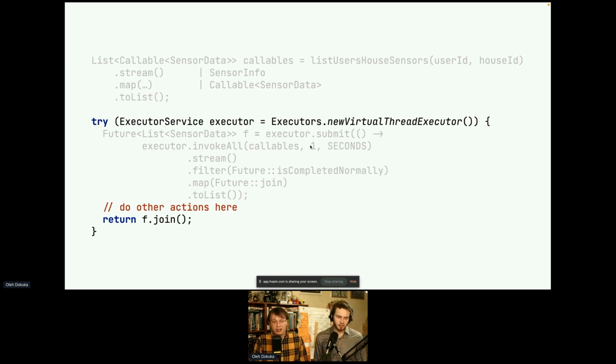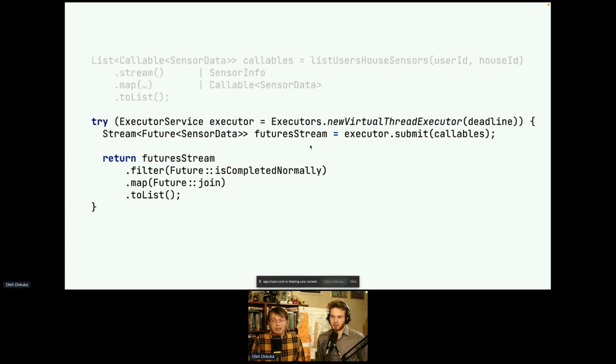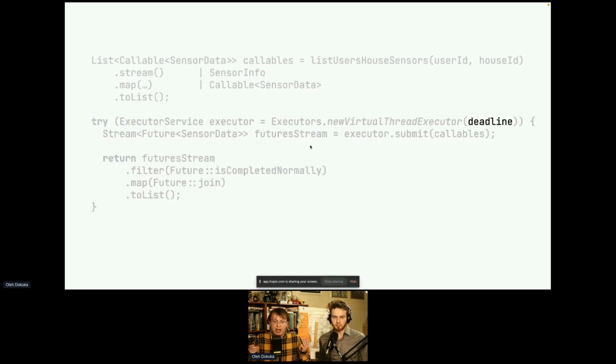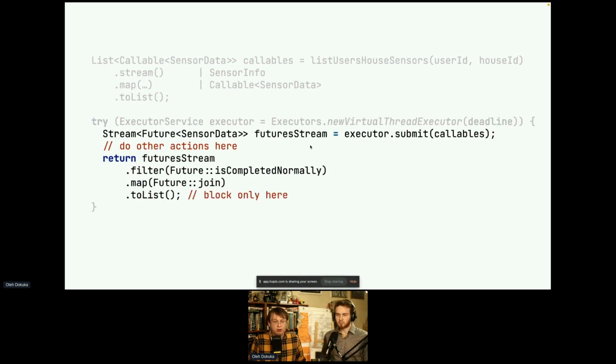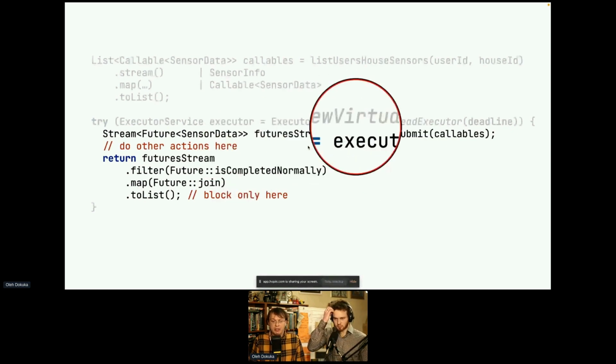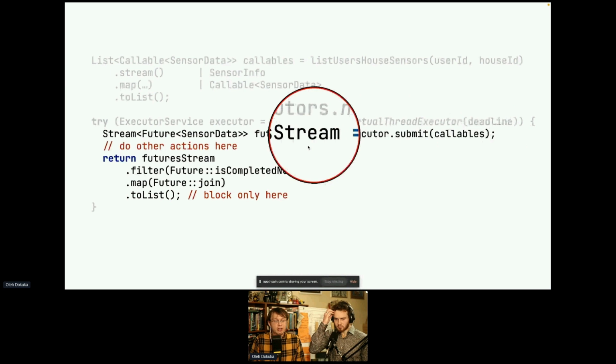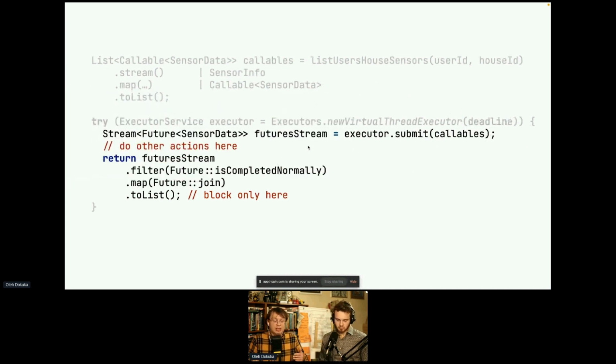Yes, I can agree with this, but in the future, there are plans to add some structural concurrency approach here, and we will have the deadline for our thread executor, and maybe we will have new submit methods that will return a stream of futures, and the stream is lazily populated, so you can do all your business logic here, and then iterate like as usual stream and convert it to list. You can even use limit if you would like to have some first-come results. So it's lazy and similar to streaming, but implemented through stream and futures.